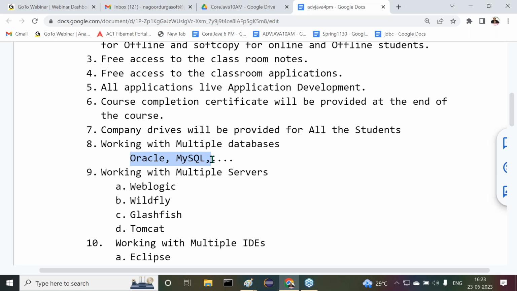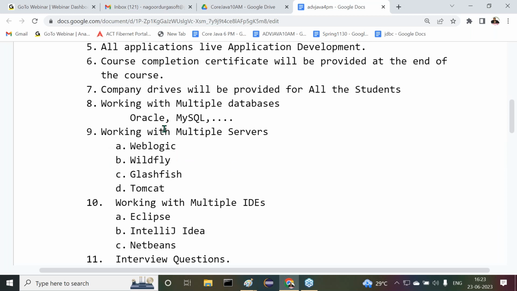Damn sure, these two databases I'm going to use. If we have sufficient time and I want to go for any other database, by that time I will think about it. But for a Java developer, working with these two databases is more than sufficient. No need to think more about this content. So we are going to work with more than one database.